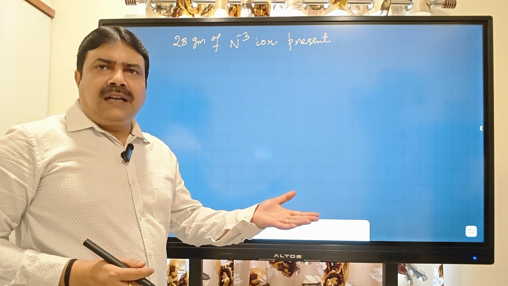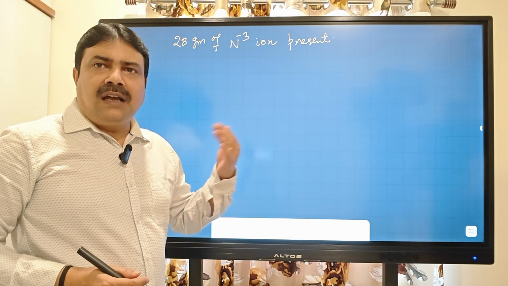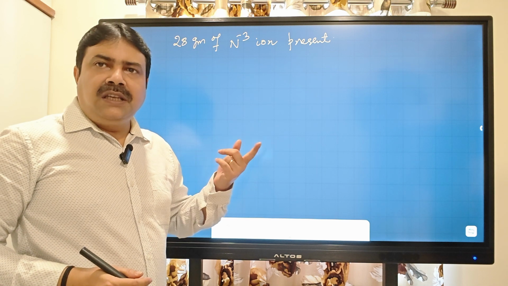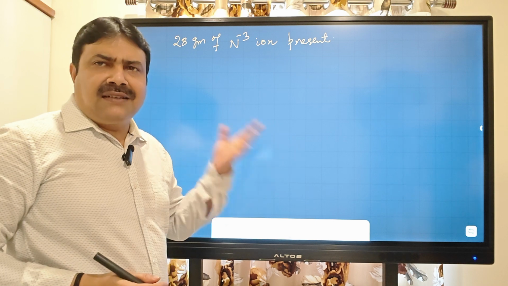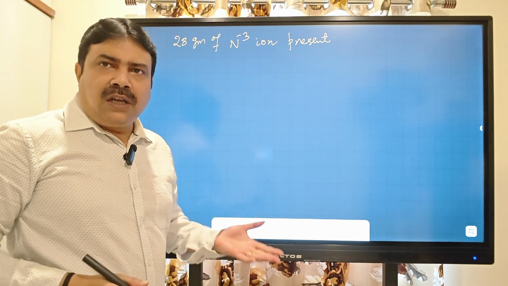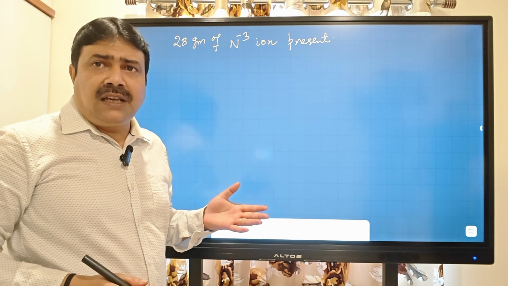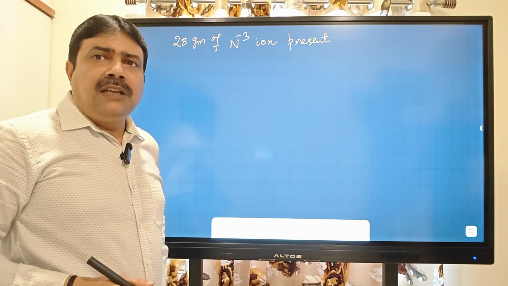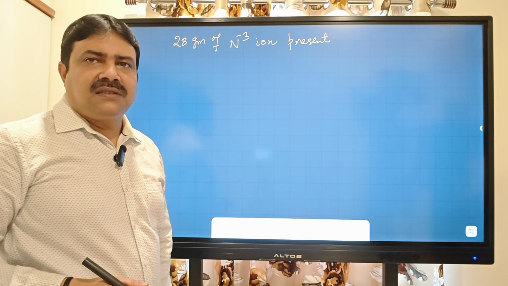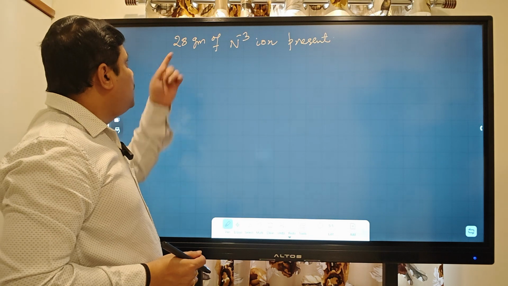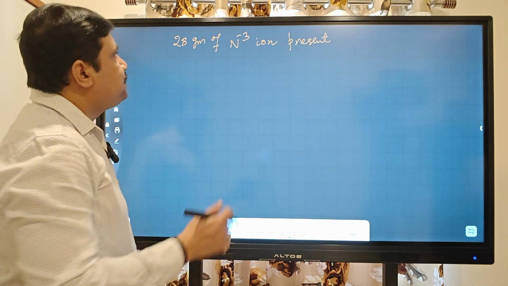And if it is an element or atom, the molar mass means the atomic weight. That means the mass of that atom in AMU, if you write down that value with the unit gram, then that is the molar mass. And for a molecule, whatever the elements or atoms are there with their numbers, if you sum up all the atomic masses, then write down in gram, that is nothing but the molar mass. Is it clear? So now you look at the problem, it is giving 28 gram of N-3 ion, and the first question they are asking is the number of moles